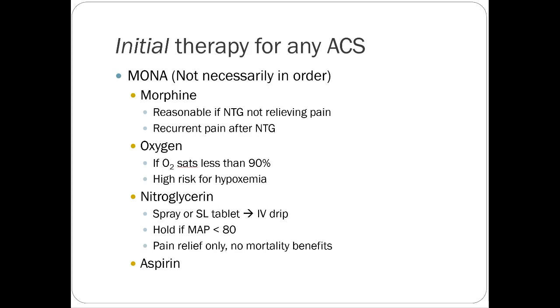In real life, what I see done is morphine's not used a ton, but the other three are, especially nitroglycerin and aspirin. So usually by the time they get to me in the emergency department, they've gotten aspirin. A lot of times patients are on an aspirin regimen at home, or they have aspirin at home. So they call 911. They're talking about heart or chest pain type symptoms. And so they say, well, take 325 milligrams of aspirin, chew it, swallow it. It's relatively benign. If the person's not having a heart attack, it's not really going to have an adverse effect. Yes, it might inhibit their platelets' ability to clot together for a little bit,